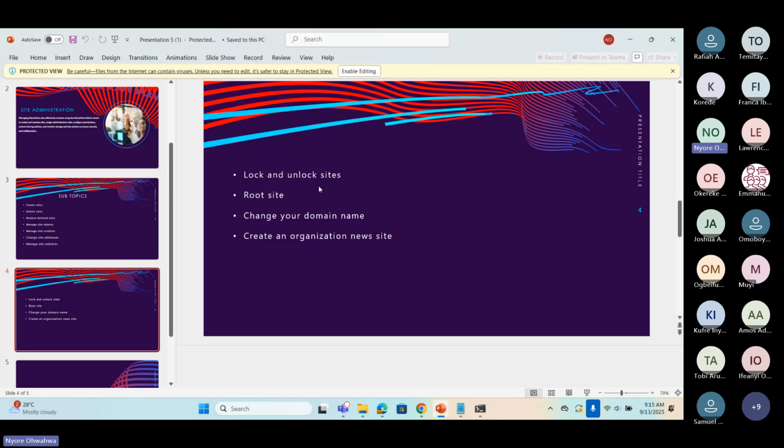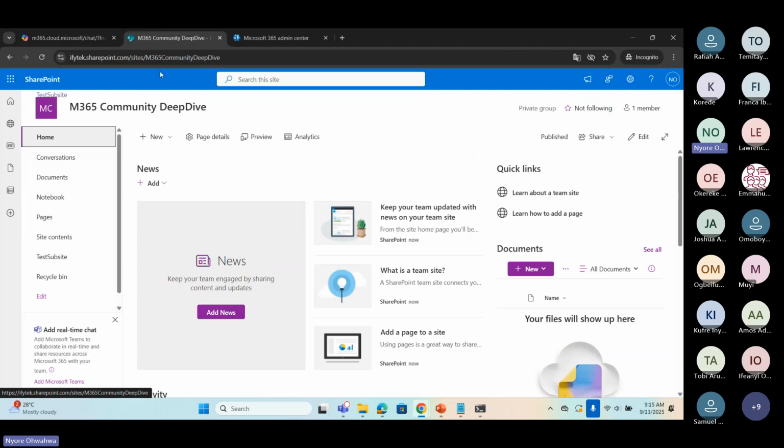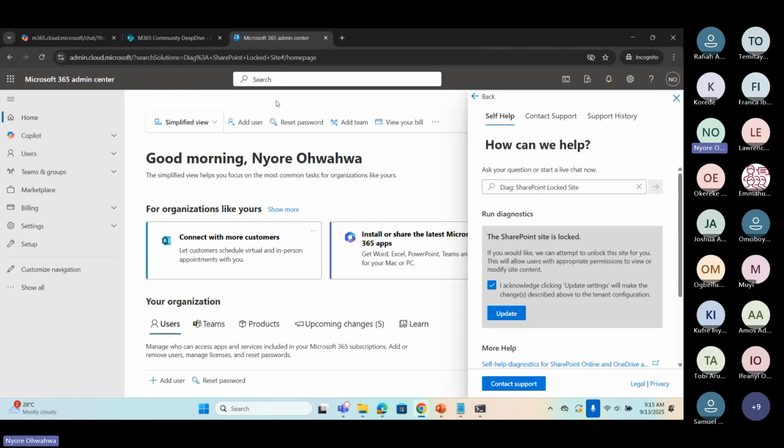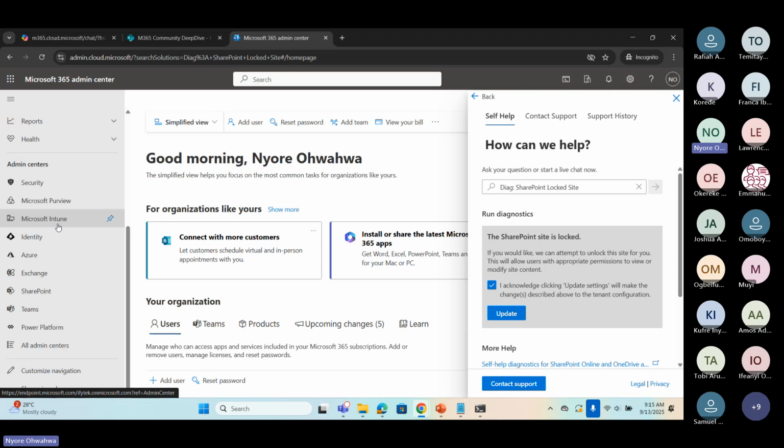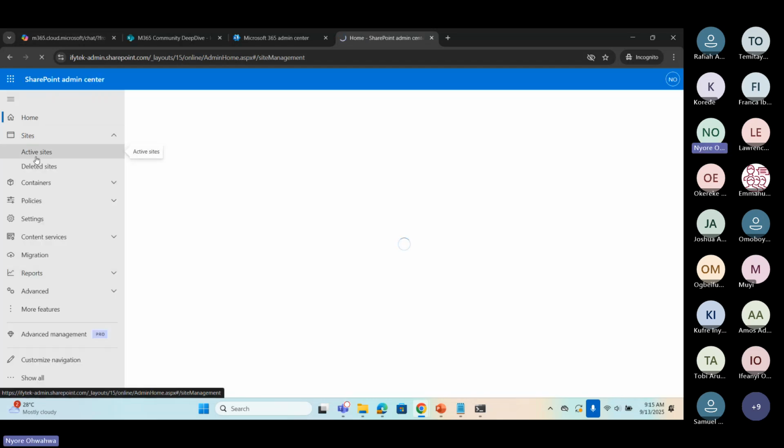Okay, so we've talked of lock and unlock sites. We're going to say root sites and change domain name. Okay, so I'm sure that we know that a root site is basically a site that is automatically created when an Office 365 domain is created. It is the site that other sites are basically created on.